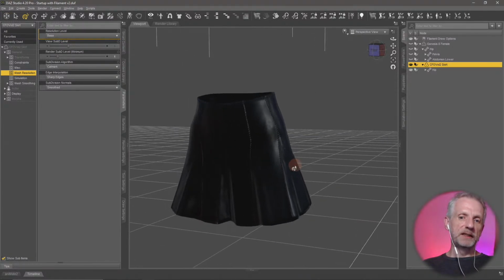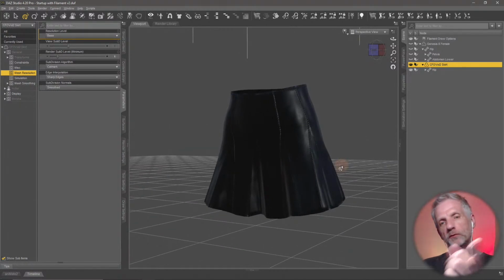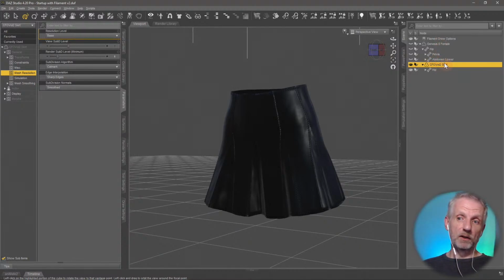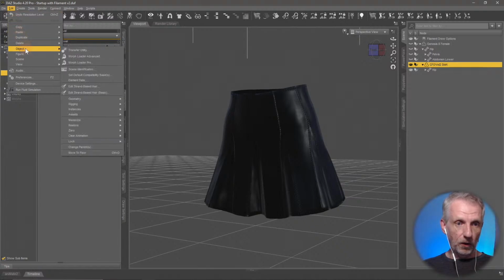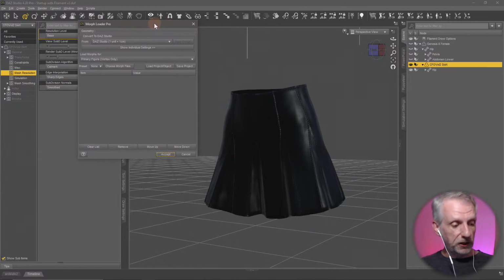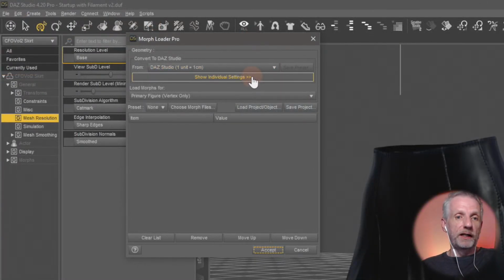So technically what's been happening under the hood with Hexagon and ZBrush was that the morph loader was kind of triggered internally, but we can make that happen manually by selecting our item of clothing, namely our skirt, heading over to Edit, Object, Morph Loader Pro. There's Advanced as well, but it doesn't matter. Pro is, we're pros, that's good. So click that, and then this dialog comes open auto-magically, and you can pick the file